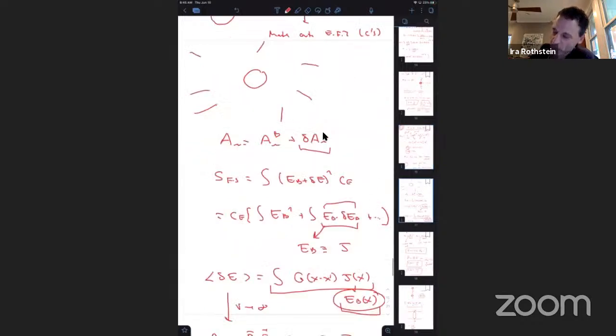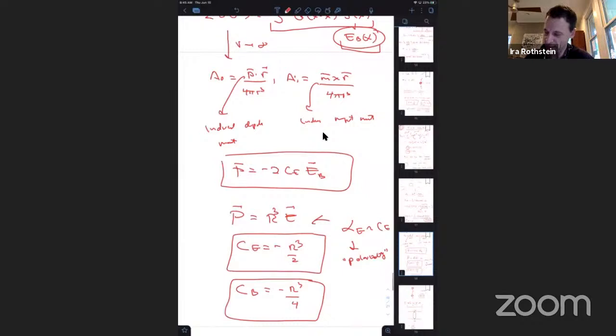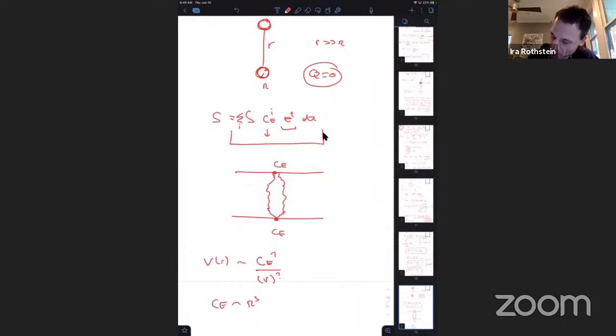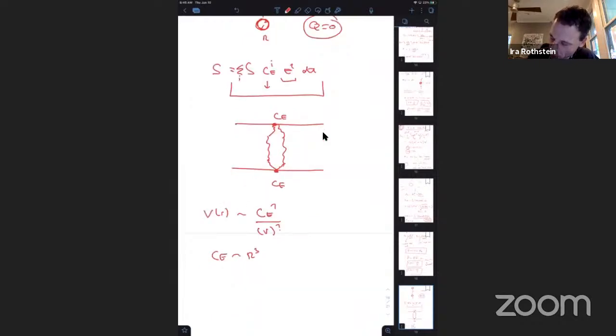So now, even if we didn't know anything about how to do these calculations, all we need to know is that 2 insertions of C is all we need to get a force, because now we know this thing goes like R cubed squared. And then to have the units of energy, it has to go like R to the 7. Okay? So we've just determined that V of R goes like CE squared over R to the 7th. And that's pretty cool because there's been no physical input whatsoever, right? This was just purely based on dimensional analysis and power counting,